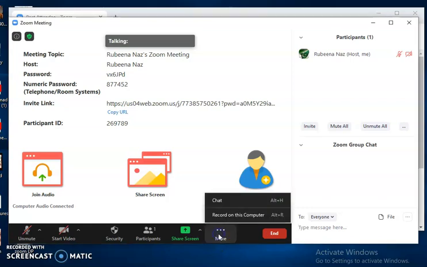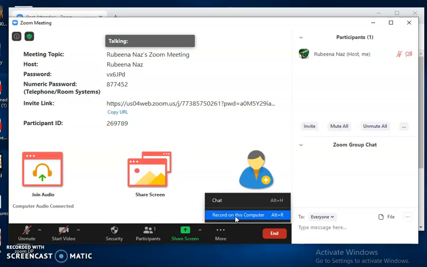The third and last thing is record on this computer. Yes, we need a record of our classroom or session, so it's necessary to record our session. You can use this one button. When you press it, your recording will start, and it will be saved in the end when the session ends, or whenever you feel this is enough recording and there is no need to record more, you can pause and save it.